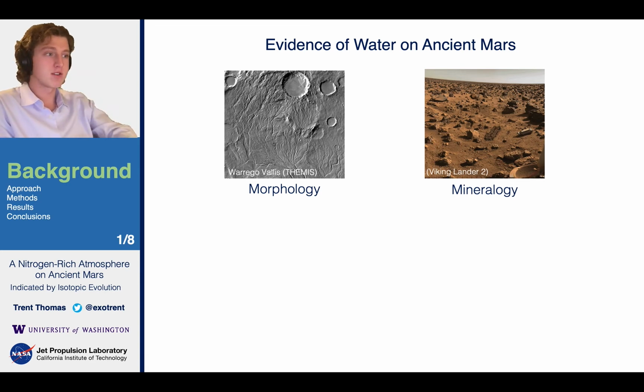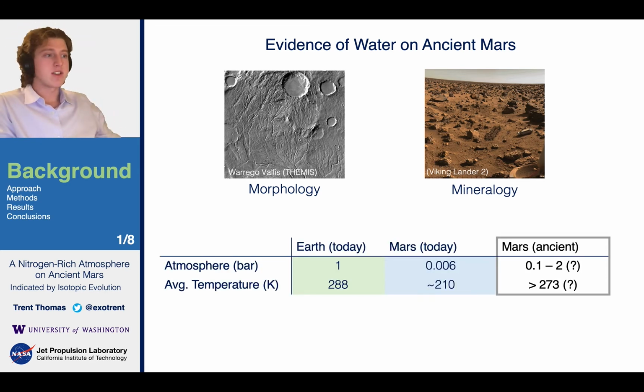water on the surface. In this table, you see that the modern Earth has a thick atmosphere, allowing temperatures high enough for liquid water, of course. But present-day Mars has a much thinner atmosphere that does not allow these temperatures. We expect the ancient Martian atmosphere was much thicker than it is now, and it may have been comparable to the modern Earth's